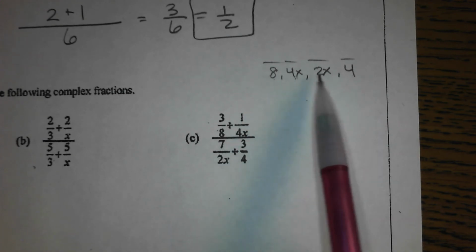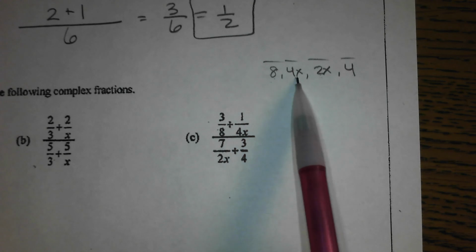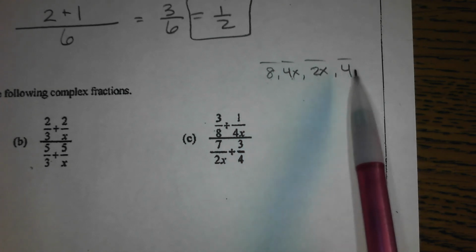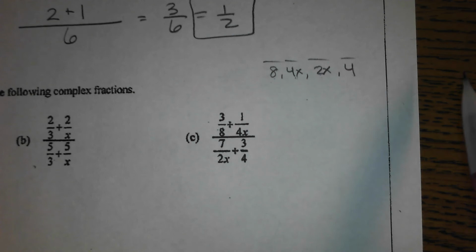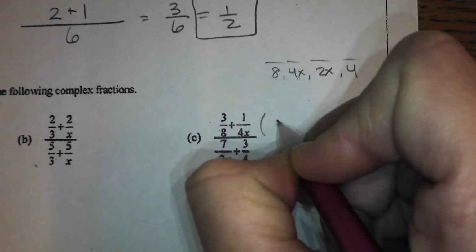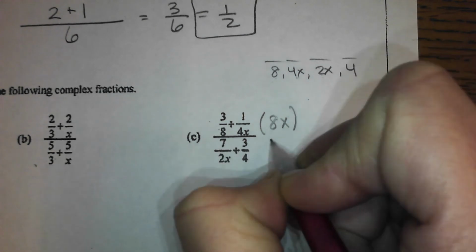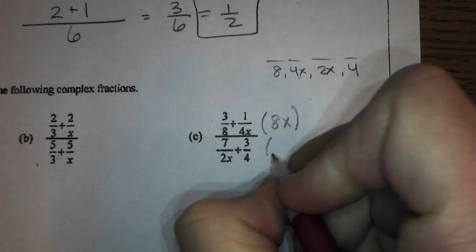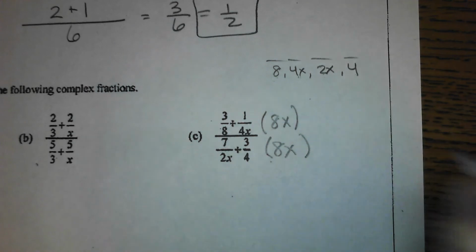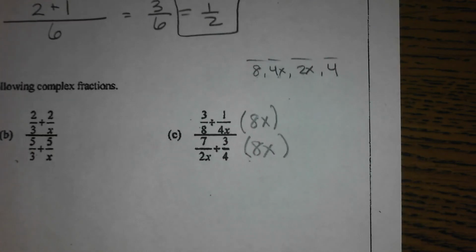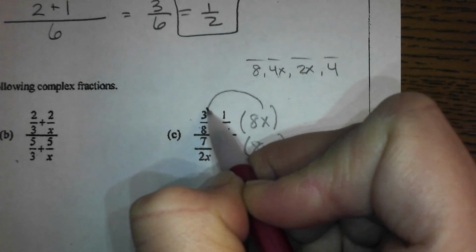8x would be the least common, because this would need to be multiplied by x, this by 2, this times 4, and this by 2x. And then they would all be 8x. 8x is the least common denominator, so I'm going to multiply the numerator by 8x and the denominator by 8x. I'm multiplying by something over itself, so I'm multiplying by 1, but I'm going to change the appearance without changing the value. So in my numerator,